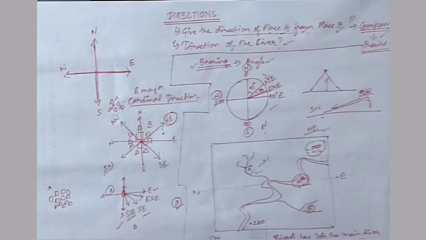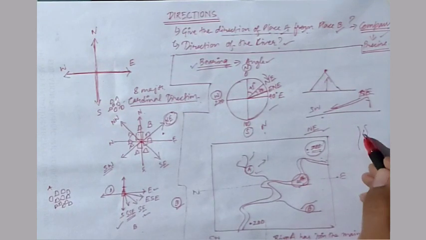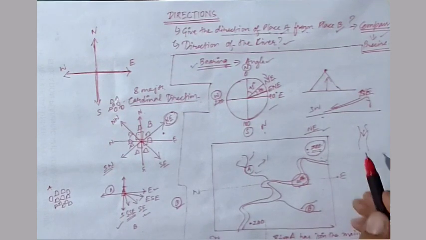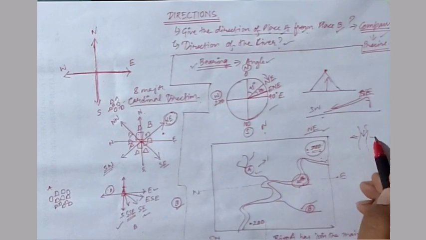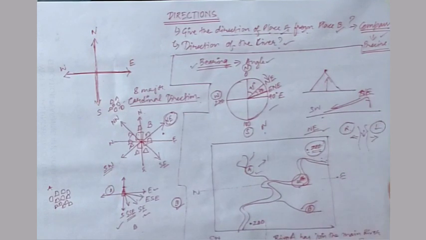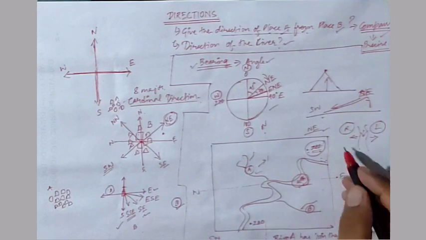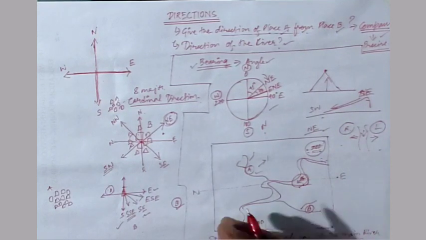Now the question is, how will you identify it? Supposing this is the flow of the river, rivers will always have two banks, that is the right bank and the left bank. So don't write down the right side or the left side, or right direction or left direction; always mention right bank or left bank. It's also very simple.